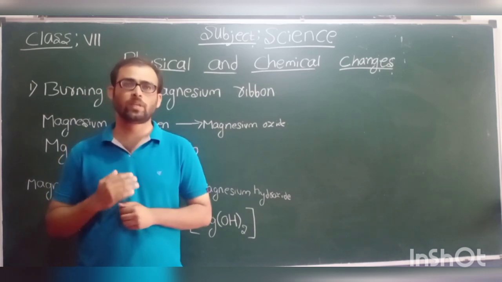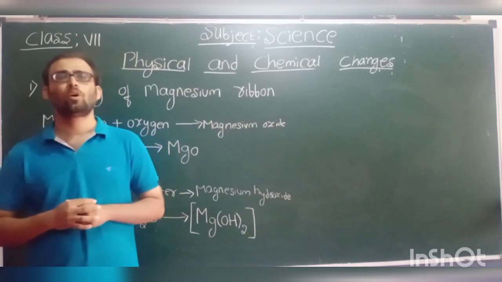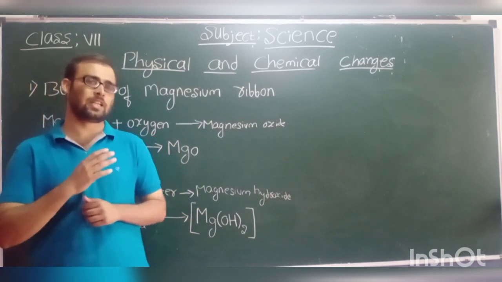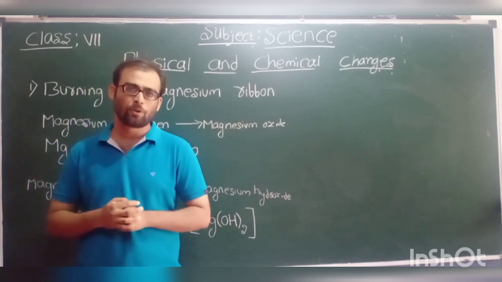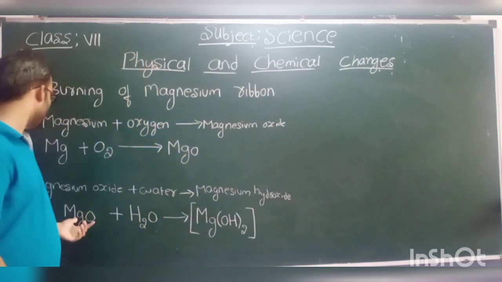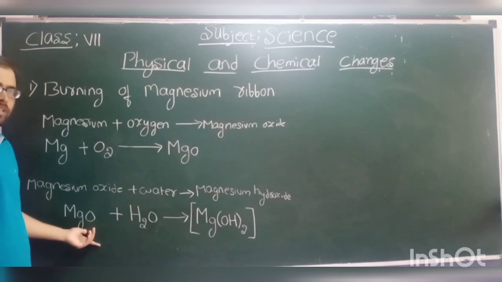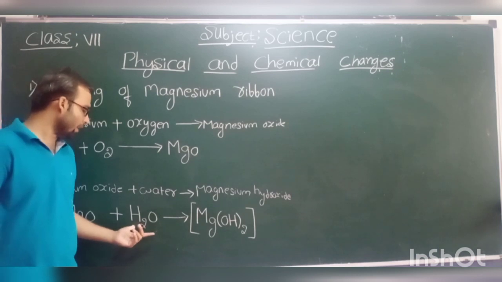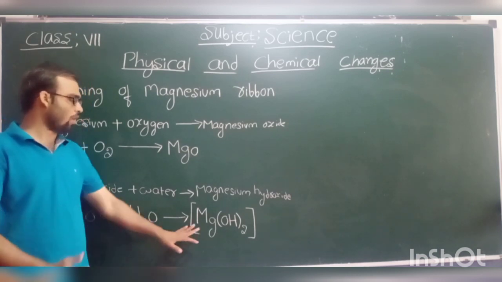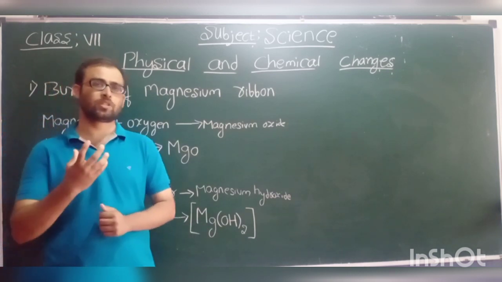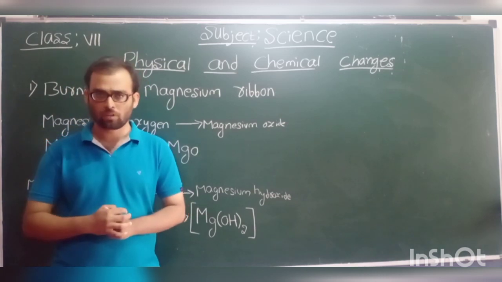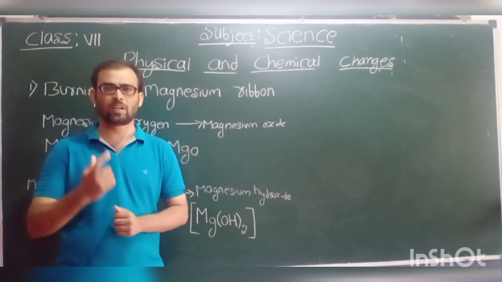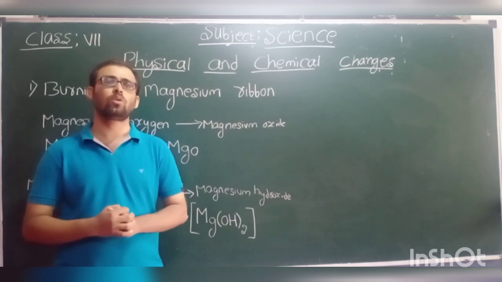We have learned that bases turn red litmus paper blue. As the product formed is a base, it turns the red litmus paper to blue. So look here, magnesium oxide. Okay, the powdery ash is nothing but what? Magnesium oxide. So magnesium oxide reacts with water to form magnesium hydroxide. That mixture is magnesium hydroxide, and it is a base. So when you test the base with a red litmus paper, it will convert the red litmus paper to blue color.